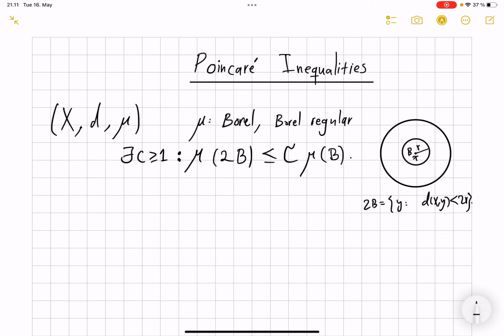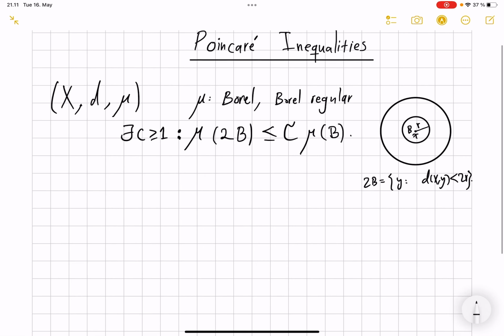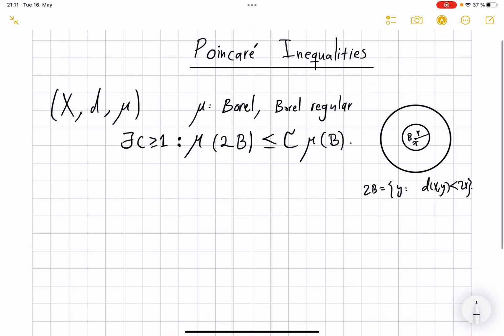It's not always the case. In some papers you would see that the default definition for a ball is closed, but we go ahead with open balls. So what is meant by a Poincaré inequality? Well, many different things are meant with a Poincaré inequality. At this point, we do not have even one definition of Sobolev functions, so we necessarily have to go with